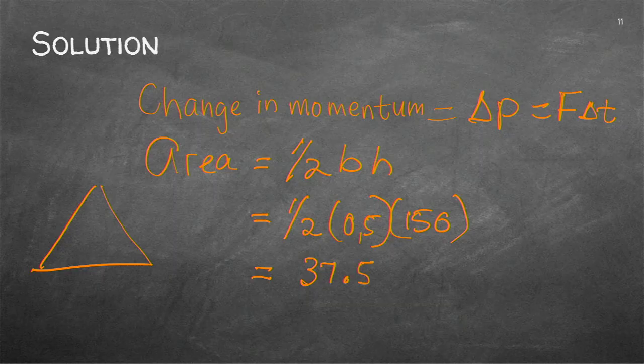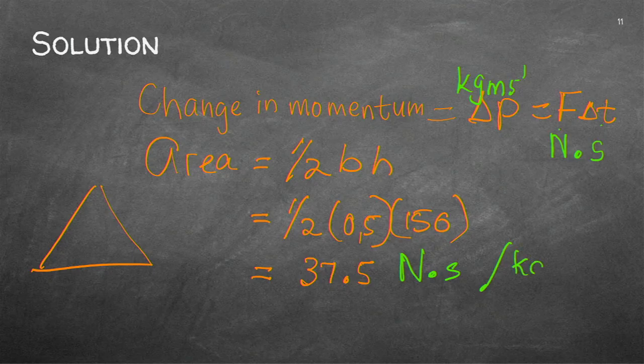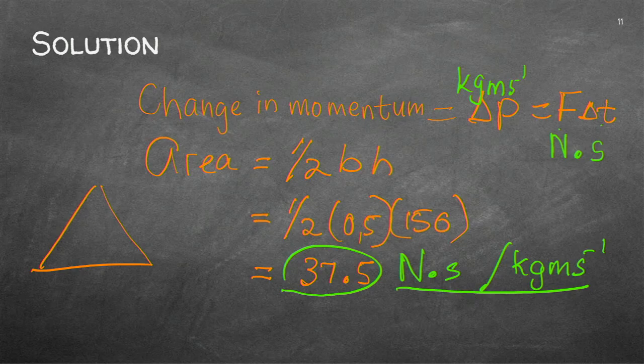37.5. What's the unit of impulse? If it's F delta t, it will be newton, not per, multiply second, and you know delta P would be kilogram meter per second. So in each of these answers, you can either say newton second, or you could use kilogram meter per second. That's exactly the same. And I'm going to show you now how the units are exactly the same. Can you see what the impulse is? The solution to our problem.